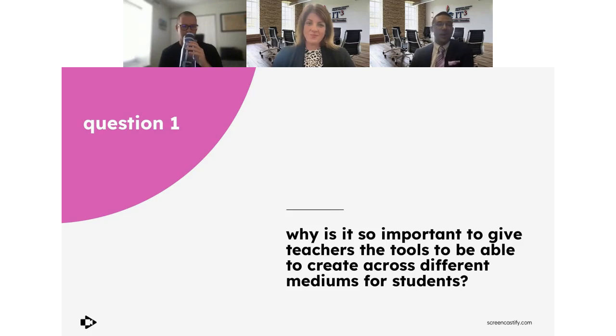But from a district perspective, we always talk about our teachers and differentiation and things of that nature, really working to meet students in their needs. Well, our teachers have those same needs. Our staff have those same needs. So as we talk about differentiation, it's not just for our students. So allowing our teachers to have a toolkit that allows them to reach their students in a variety of ways